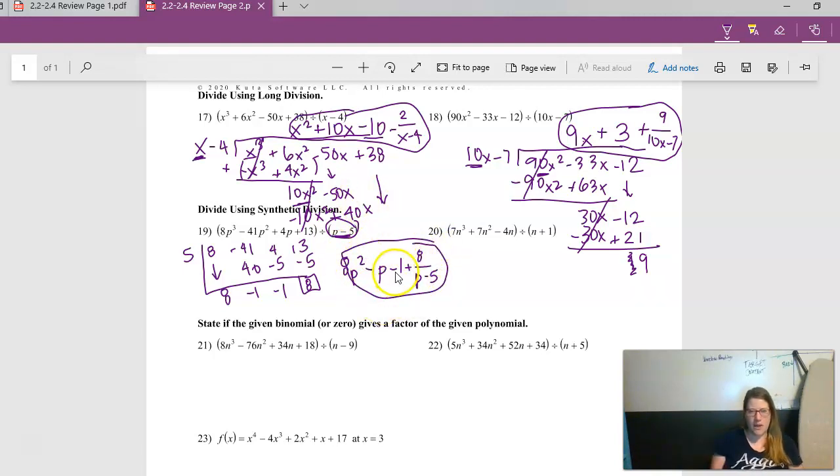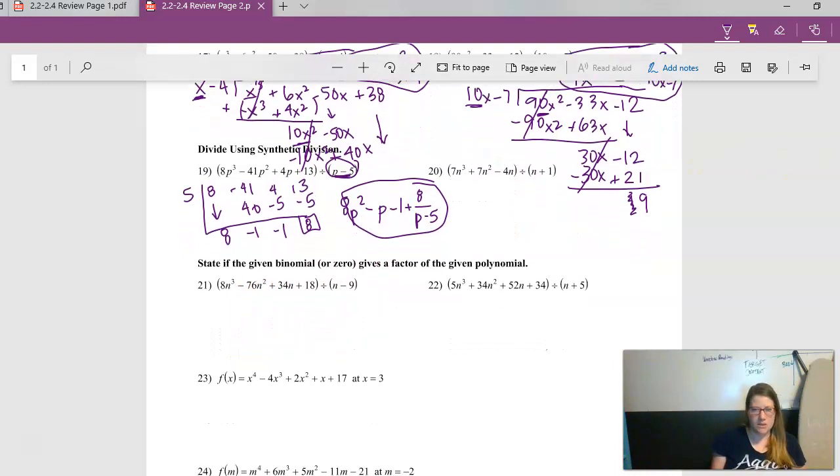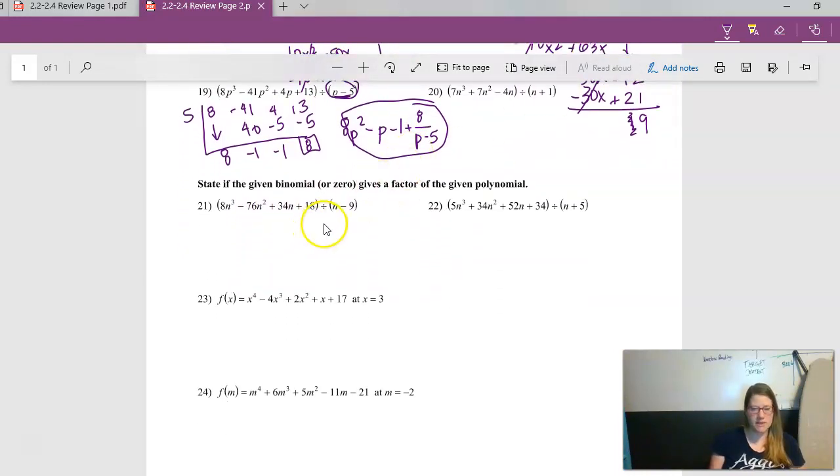Okay, so I think we're going to actually go ahead and skip number 20. It will be on the other key, but you can look at that. All right, so on these ones, we're just simply trying to see if this goes evenly into this. So when it says, does this binomial give a factor of the polynomial, it's asking you, does this go evenly in? So again, you can use long division, you can use synthetic division, and remember you can even use the